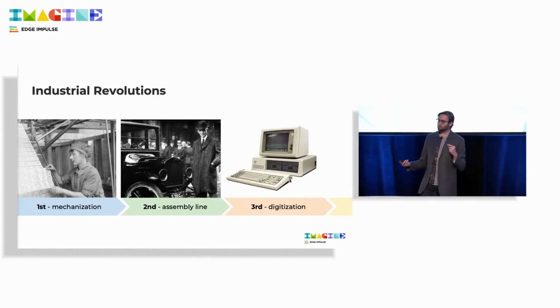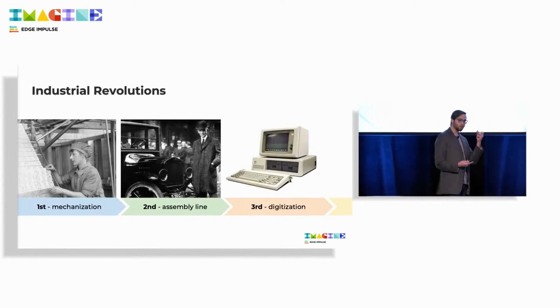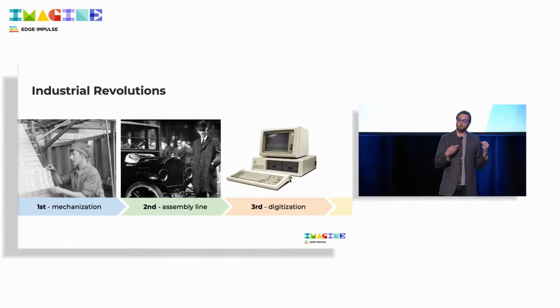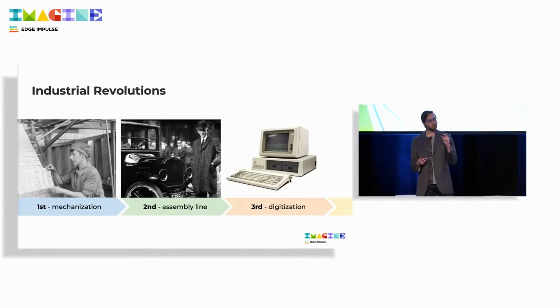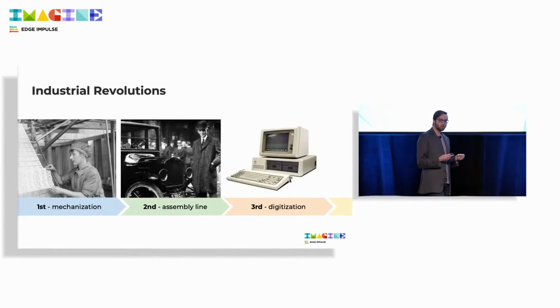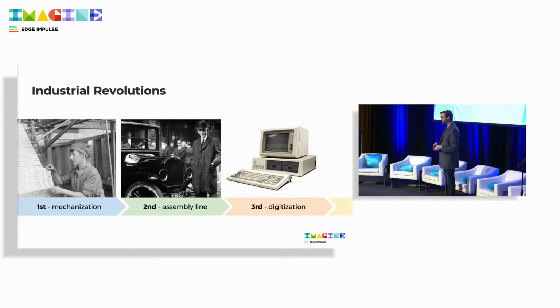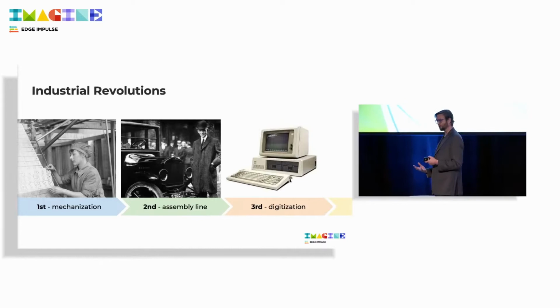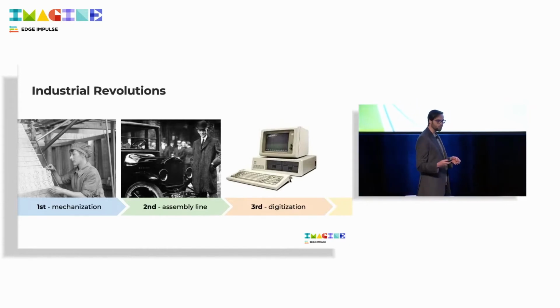Now, you may be asking yourself why, in a talk about machine learning and robotics, I'm actually talking about screws, but this actually embodies an important theme that I'll be returning to throughout my talk. This screw and the ability to easily mass produce the standardized screw is what laid the foundation for the second industrial revolution, best embodied by the assembly line of Henry Ford, which in turn paved the way for the third industrial revolution that is celebrated in the very building that we find ourselves in today, the digital revolution, computers.